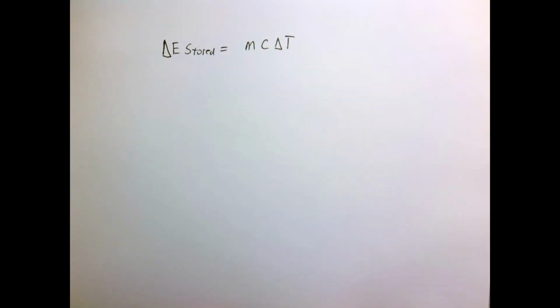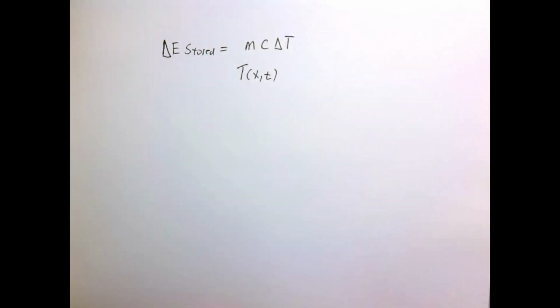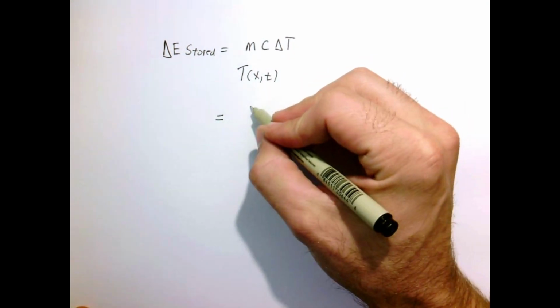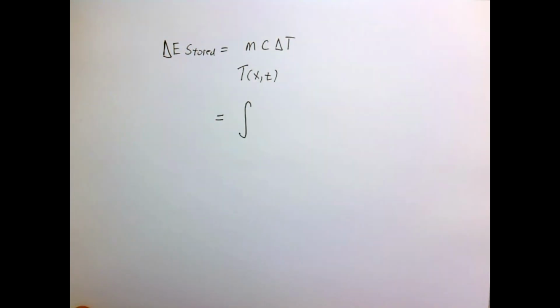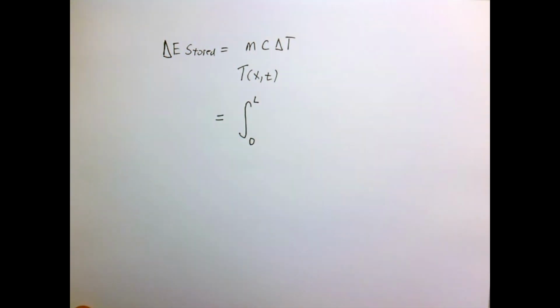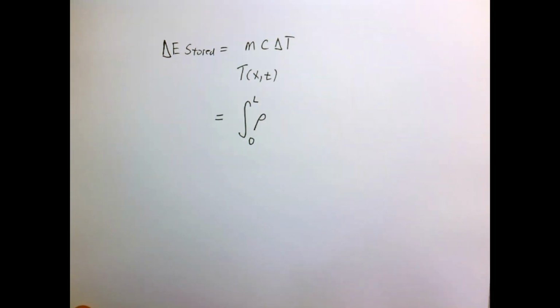Now our object is one where temperature is a field variable. Temperature depends upon x and t. So what's the temperature we use in our delta T for our formula? Well, what we have to do is now have to remember it's a field variable, so we have to integrate with respect to space. So what we'll do is we'll say that the amount of energy inside our box is the integral. We'll integrate from x equals 0 to L of the mass density, rho, mass per unit volume, times the specific heat or the heat capacity, which is a property of the material,